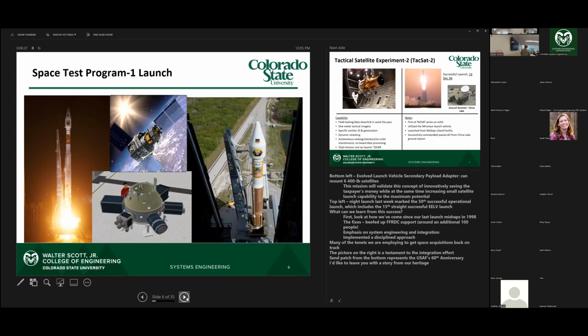So these are some of the examples when we started really getting into some really complex things. Of course, space is always one of our most complex because it's a context that we as humans can't really associate with. When you're in space, everything is different and all the requirements are different. And the way we go about doing systems engineering at NASA now is quite different than the way NASA started out doing systems engineering.